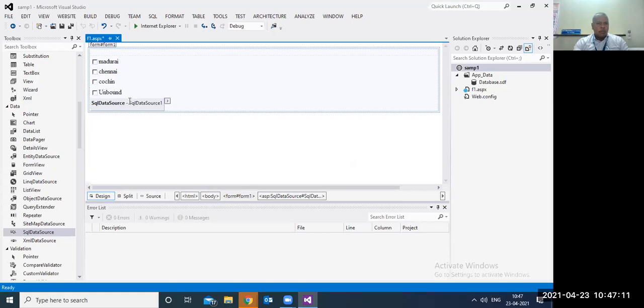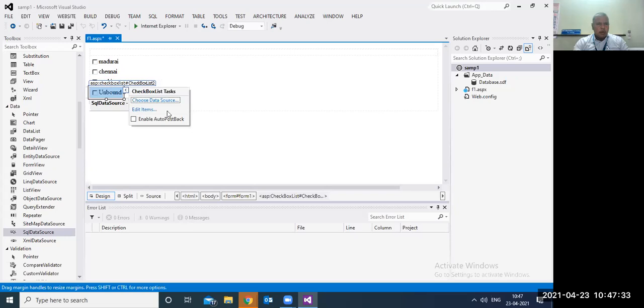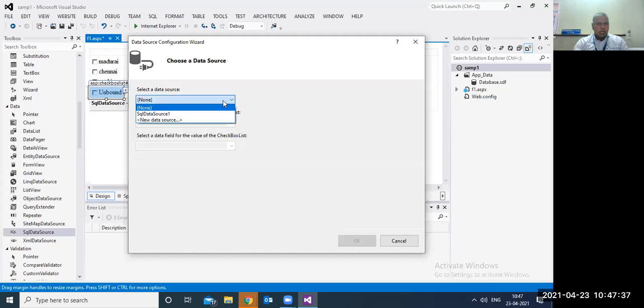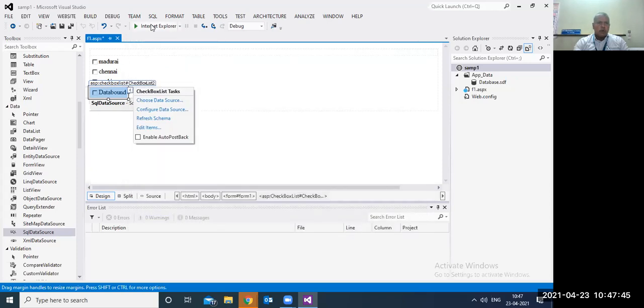Now for this checkbox I have to configure. Choose the database that I already selected. Okay. That is selecting the city names. I put OK. How can you run?